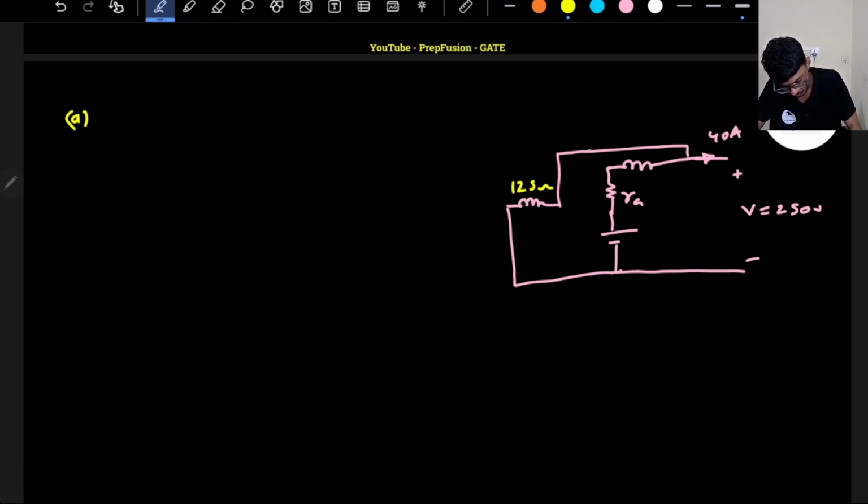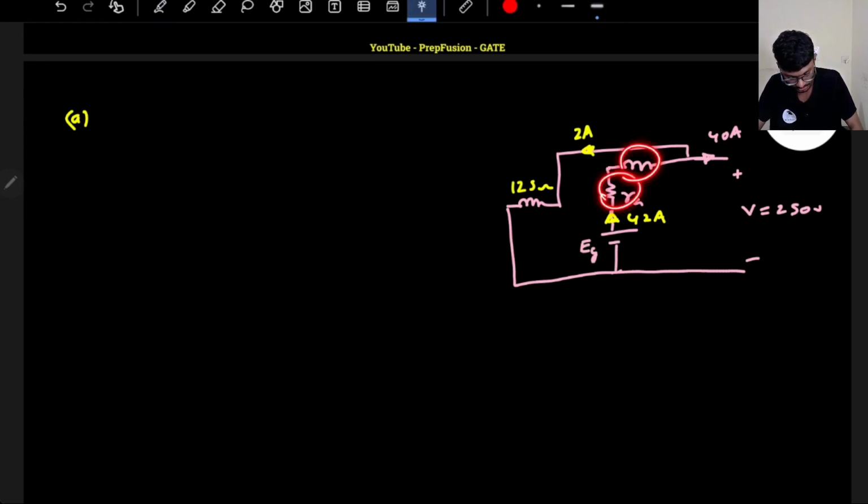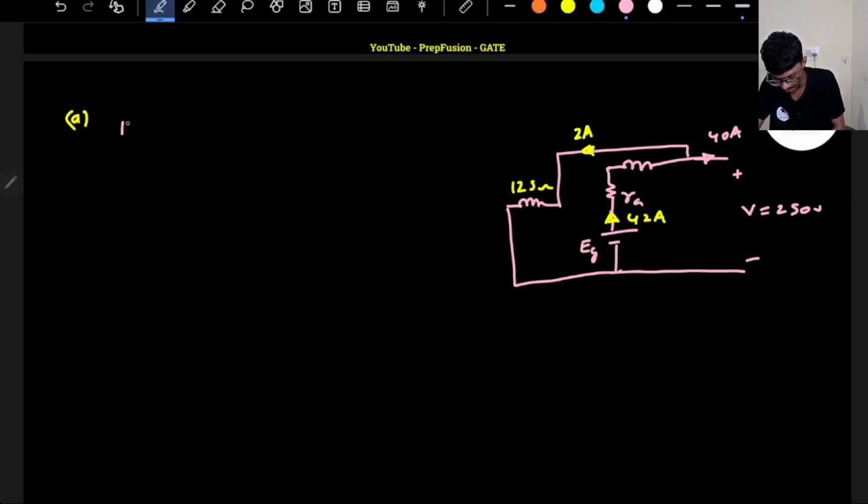So what will be the current flowing out here? The current flowing out will be 250 by 125, that is 2 amperes. So current through here will be 42 amperes. So I can directly write the EG. EG will be the drop across this plus this overall voltage. So EG will be equal to